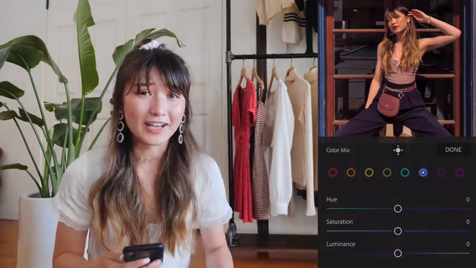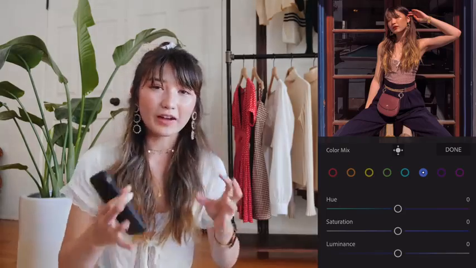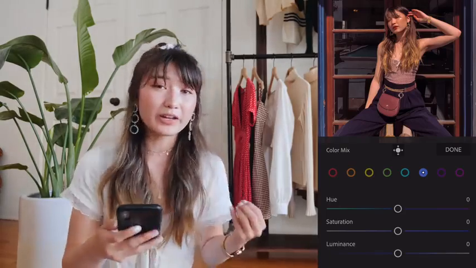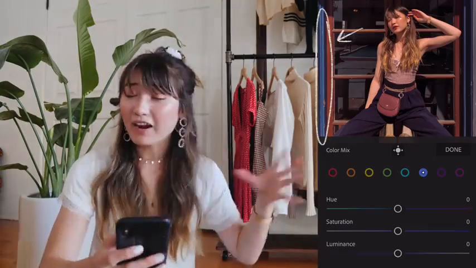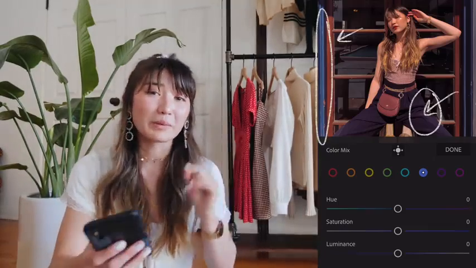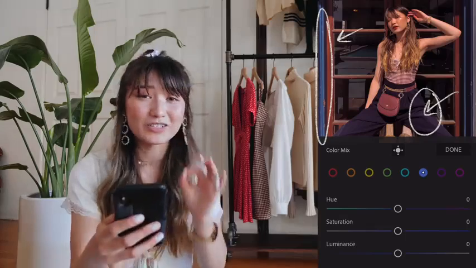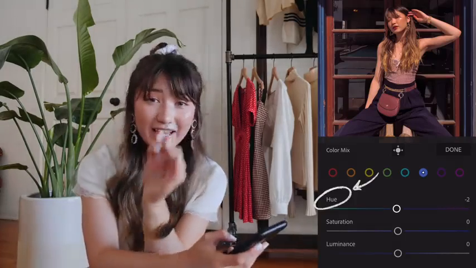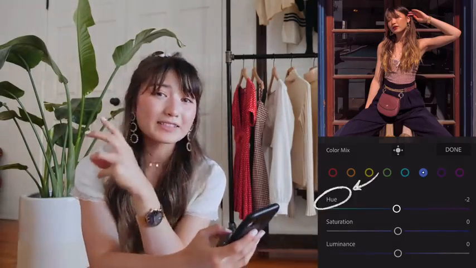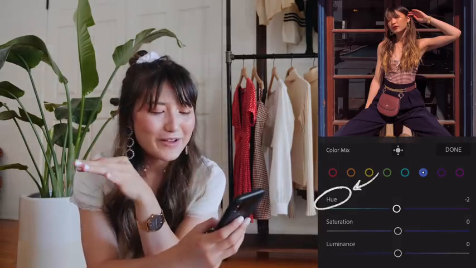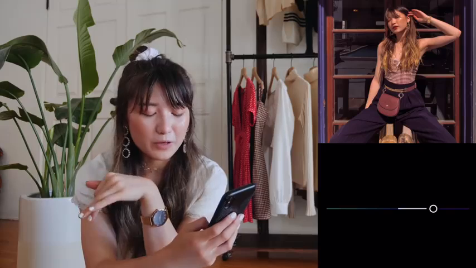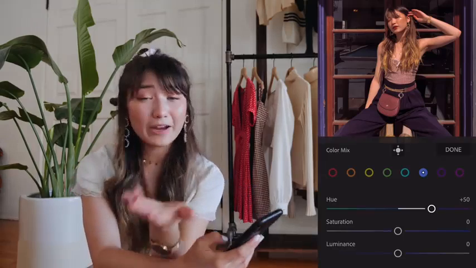Another great way to use the sliders is to basically create a unified color palette in your photos by bringing them more extremely to one end or the other. For example, there is some blue in the background of my photo and there's also blue on my pants, but they're not exactly the same shade of blue. By bringing this blue hue slider to one side or the other, I can basically create a unified color for all of my blues in this photo, if that makes sense. So I'm gonna bring this more towards the purple side, and now the blue in the background matches the blue